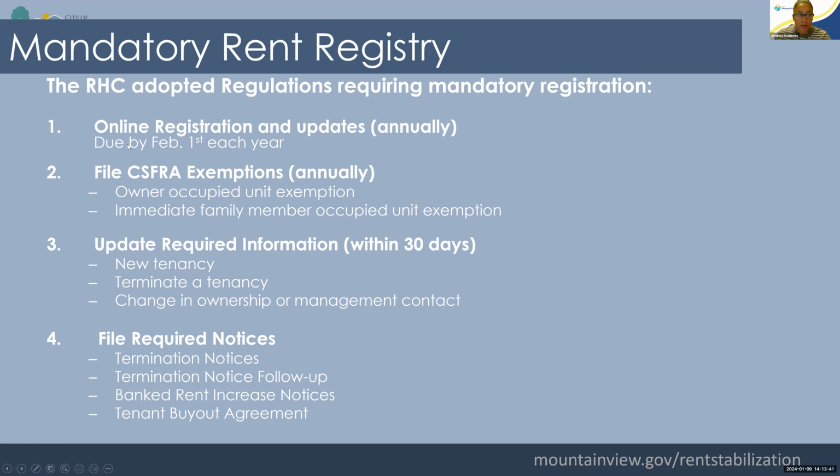Online registration is due every year. So it's actually due by January 31st, so it should be in the system by February 1st of each year. I'll have to update that. If you are registering any exemptions, you have to do that every year as well. And you want to register your exemptions before you complete your full property registration, because we will calculate the fee minus any exemptions. So you want to make sure to put those in.